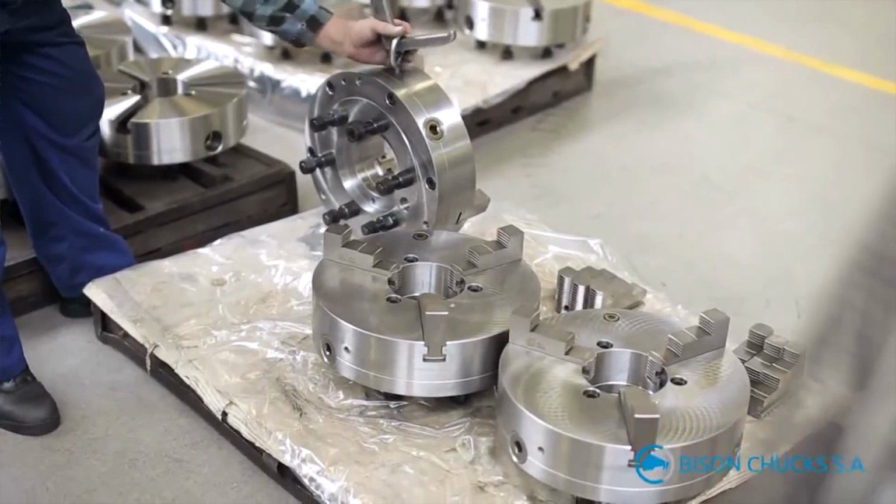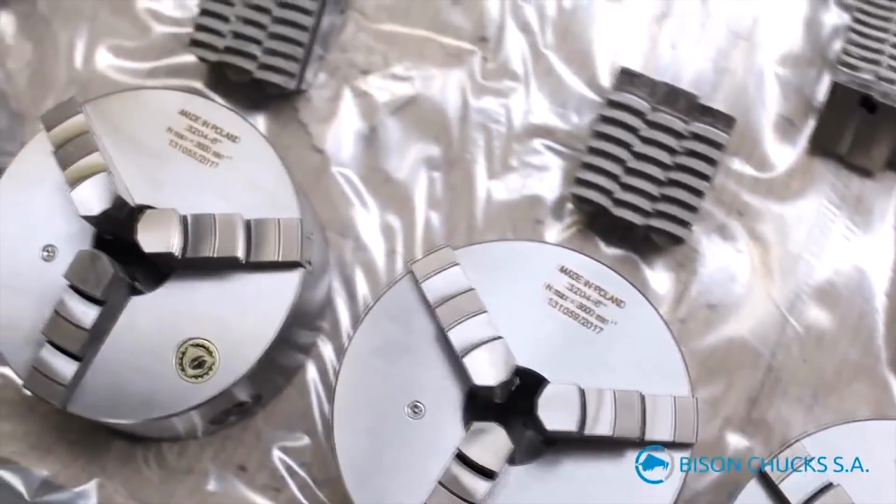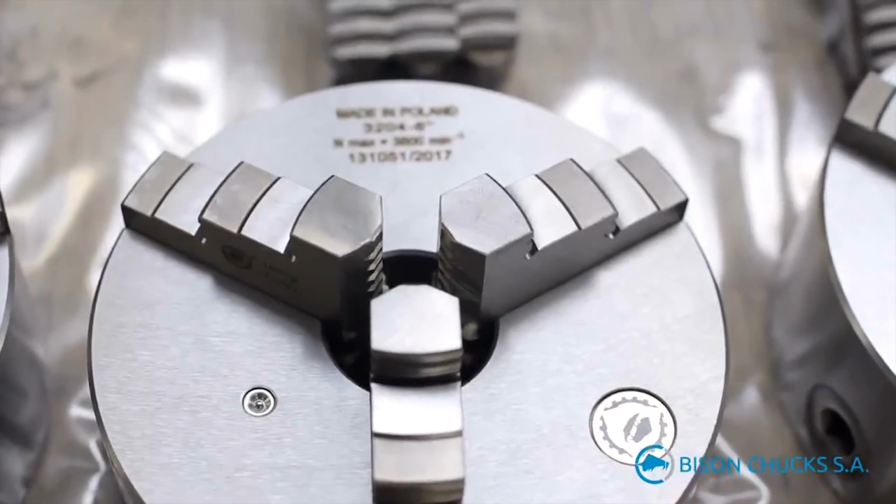I think we're quite unique within our industry with the level of investment that we've just made into the new factory, new machinery, as I said before, in the heat treatment plant, our own foundry and such like. So we've invested in our future, which is also an investment in the customer's future. If you buy one of our products, you're going to be able to get spares and parts for it into the future. Your investment is protected through our investment in the factory. Secondly,